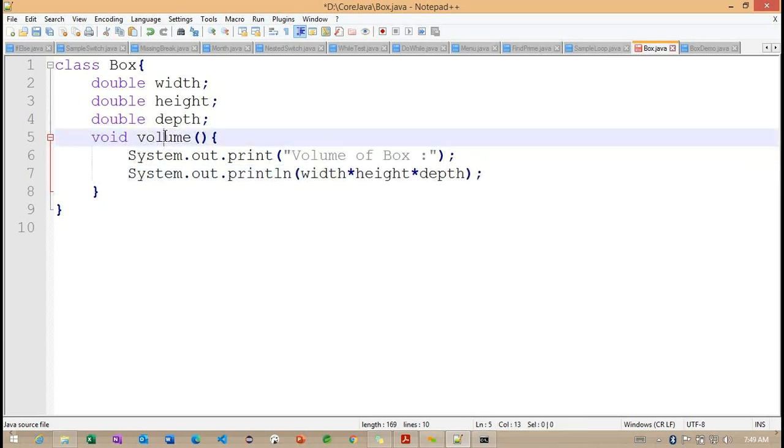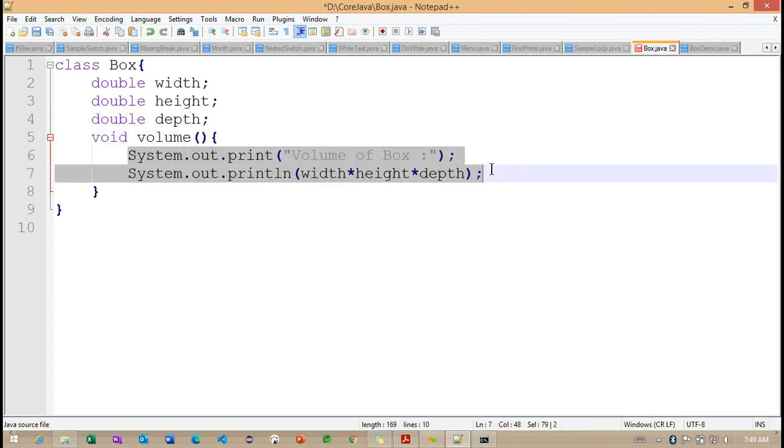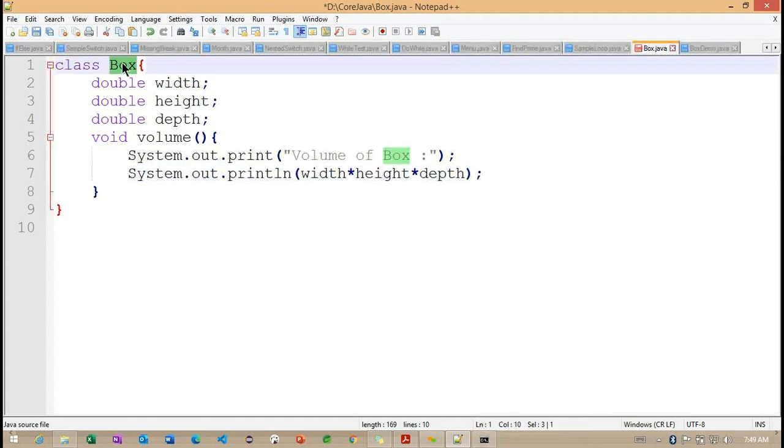Right. So we created one method called volume, and the volume is going to print these two print statements. But observe here, we are not using any references, because we are inside the same class, not outside of this class.